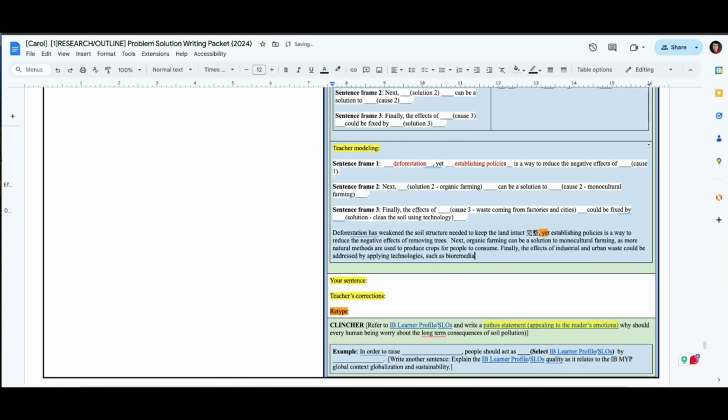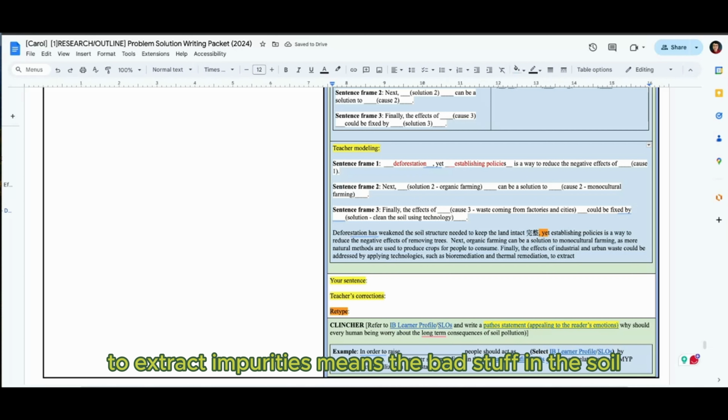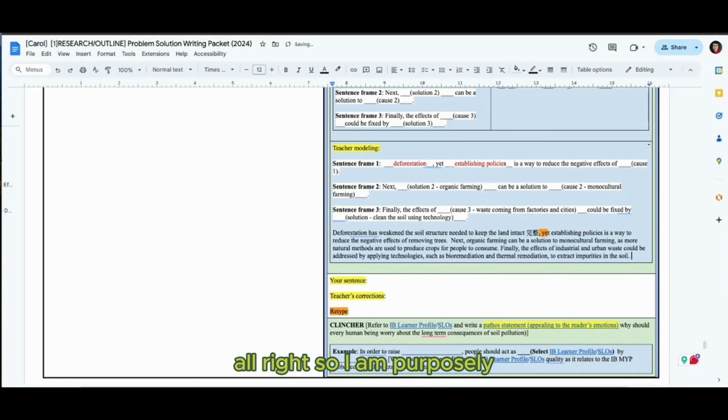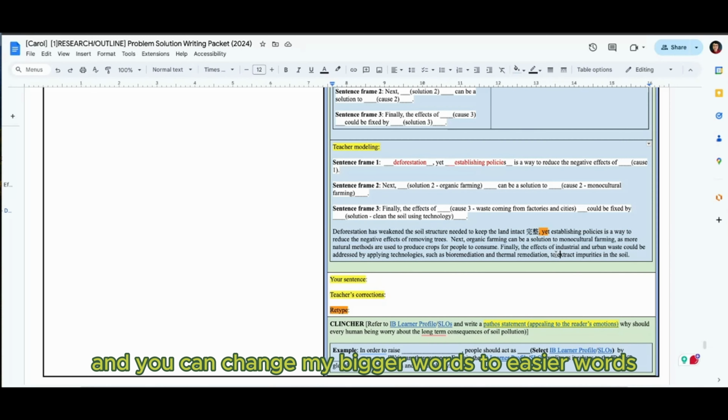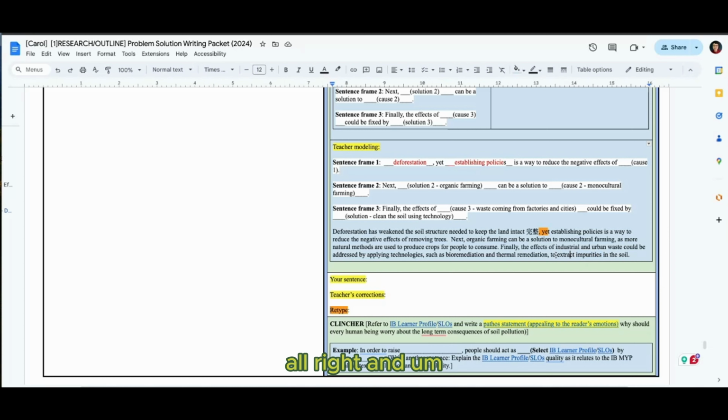bioremediation and thermal remediation to extract. To extract means to take out. To extract impurities means the bad stuff in the soil. All right. So I'm purposely using bigger words, and you can change my bigger words to easier words. All right. And I just want to let you know that extract means take out,